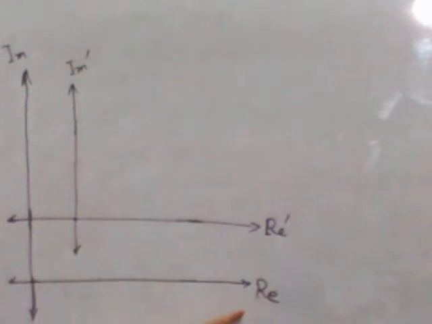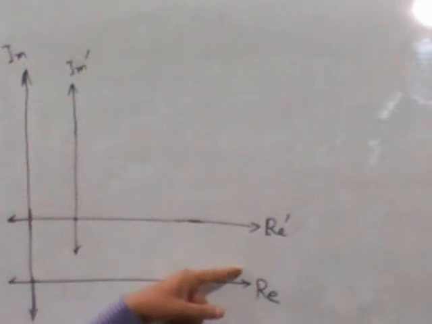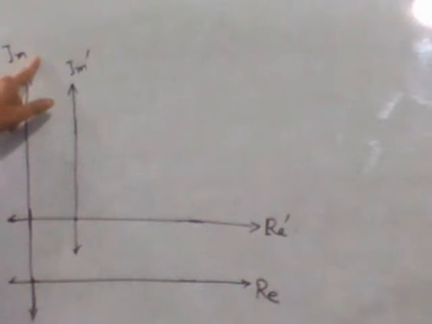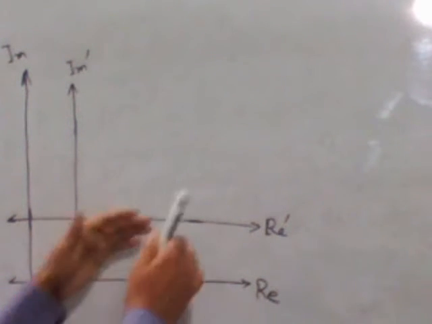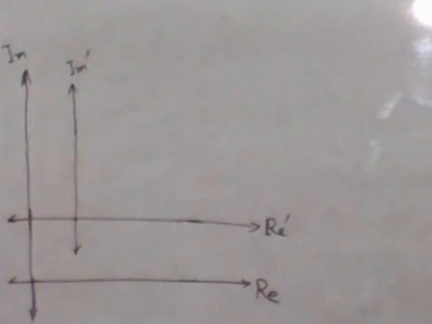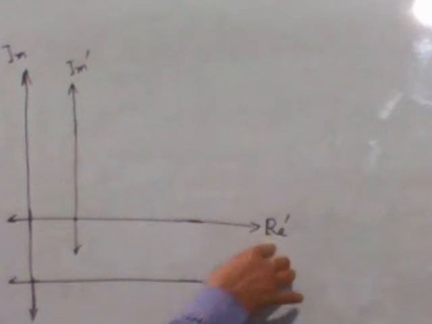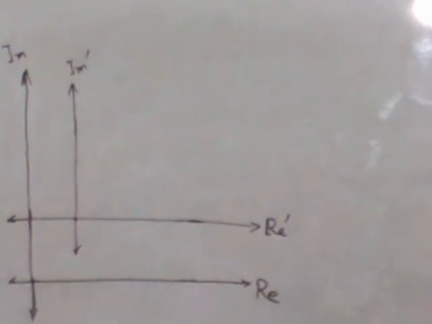Okay, now we are interested to find the angle between two vectors in the orbital plane. Suppose in this figure, this is the real axis and this one is the imaginary axis. So this is the original real axis and this is the original imaginary axis. We have shifted the real axis and imaginary axis so that the RE dash axis is parallel to the real axis and IM dash is parallel to the imaginary axis.